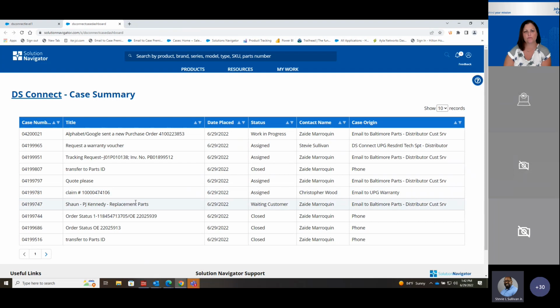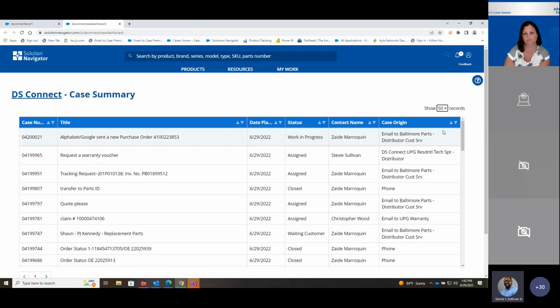Well, in this new dashboard under DS Connect, you will not lose visibility to any case that you submit through DS Connect, whether you do a voice message, call in, or send us an email. All those cases will now show up in what is called your dashboard, and you'll be able to see that. What I advise you to do is come here and hit 50,